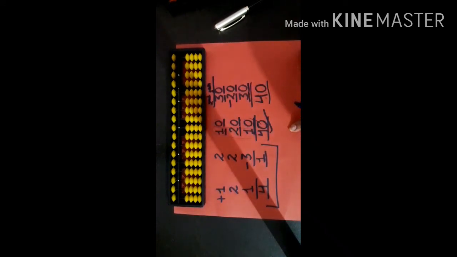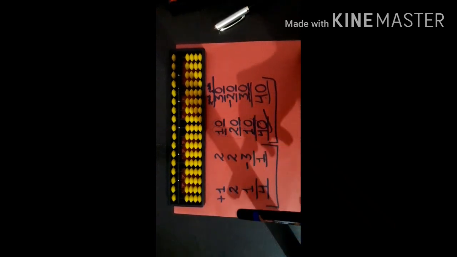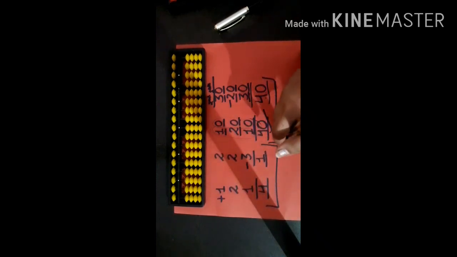I hope you understand this method and these sums, students. With this revision video, I am sending you one PDF. In that sums are there which are related to this revision video. Please do those sums in your Abacus Fair notebook. Now you have to make one Abacus Fair notebook in which you will do your sums. From now onwards, whatever work will be there, you have to do in that Abacus Fair notebook.